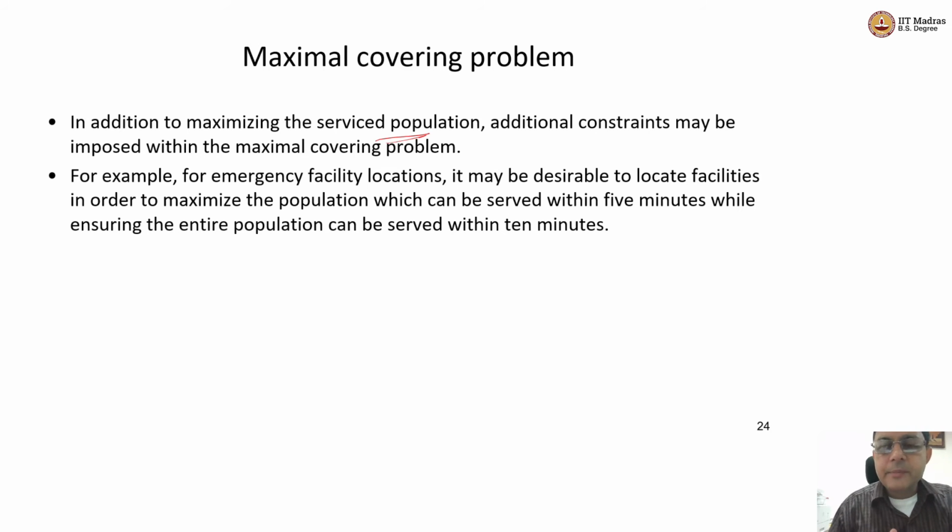So for example, it is desirable to locate facilities in order to maximize the population, yes, but that can also be served within 5 minutes or 15 minutes or 20 minutes, right? And then there can be other constraints, which is the